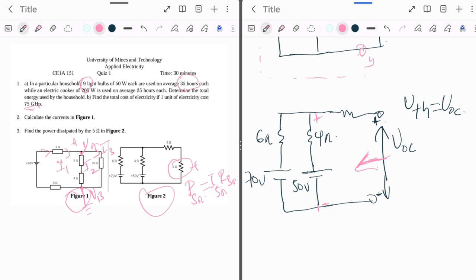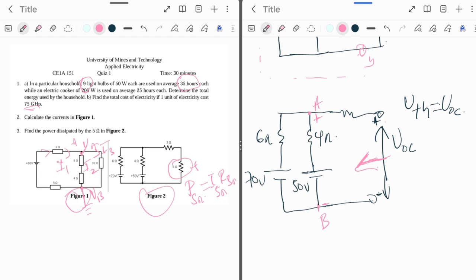And if we indicate the nodes at this point, we can indicate the nodes here. So I'm going to indicate this as node A, and then I have here node B. And I'm going to solve this using